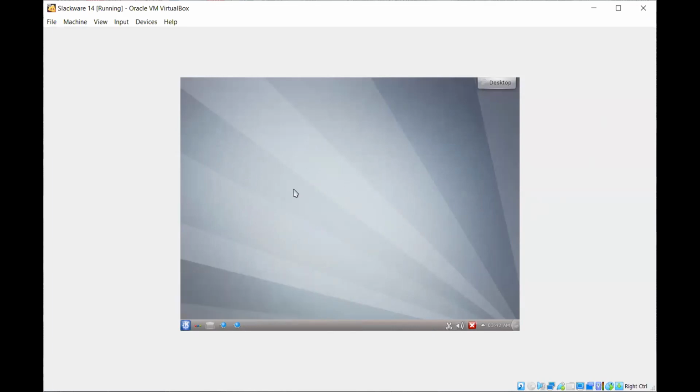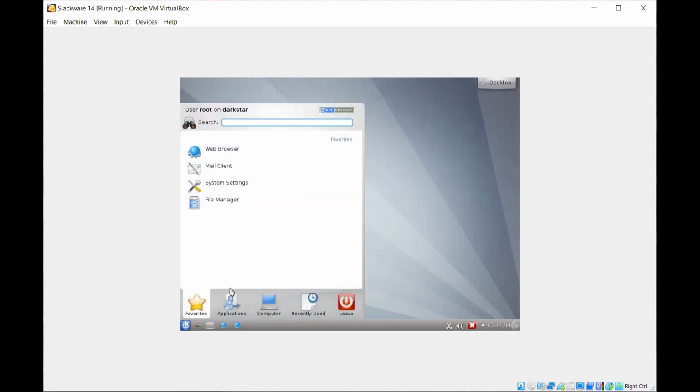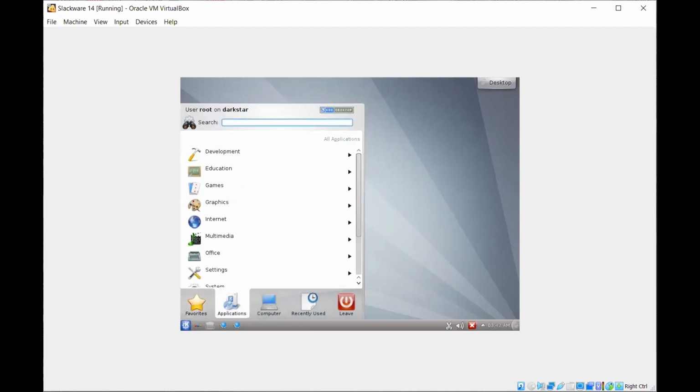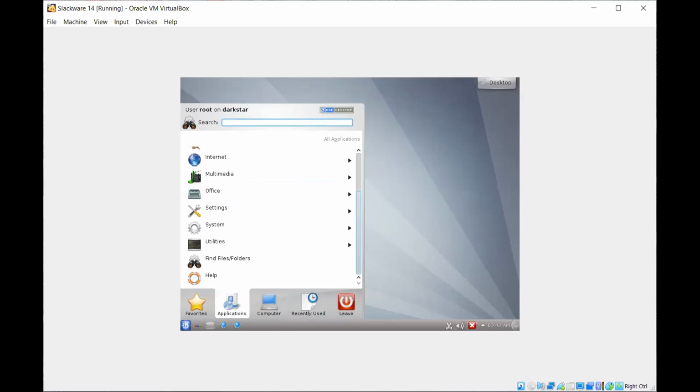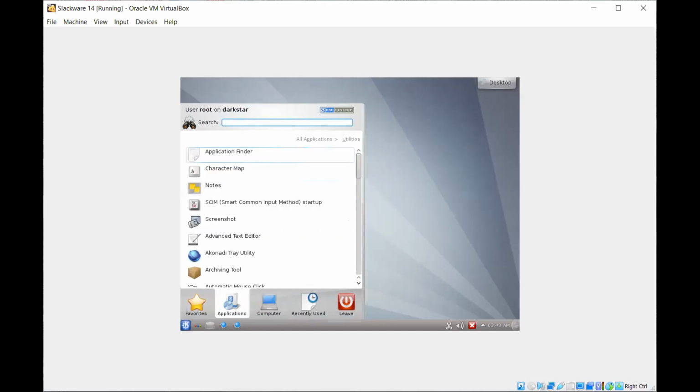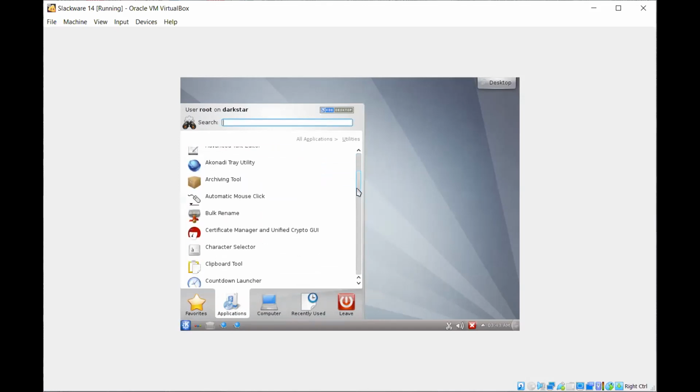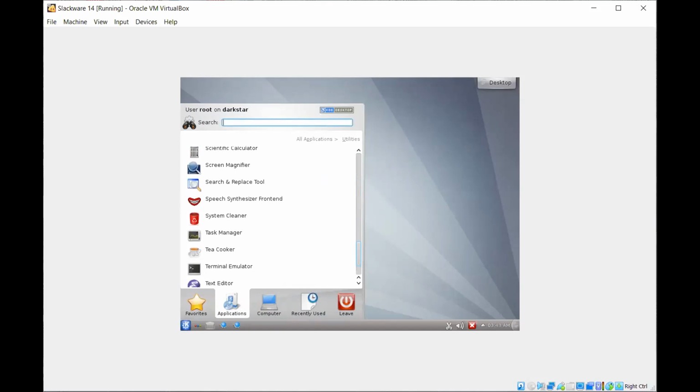Right, so this is the interface, the graphical user interface. This is not very attractive like Windows, or sometimes not even like Ubuntu, but very effective, a very economical Linux distribution. So this is what you have initially. You have the command prompt here as well. The console is there.